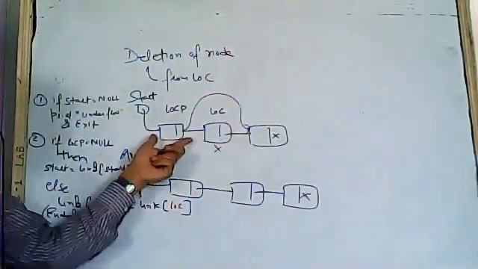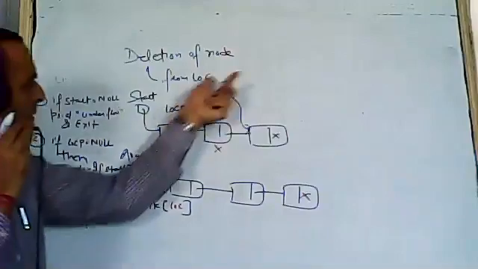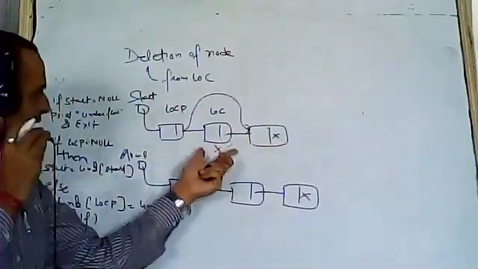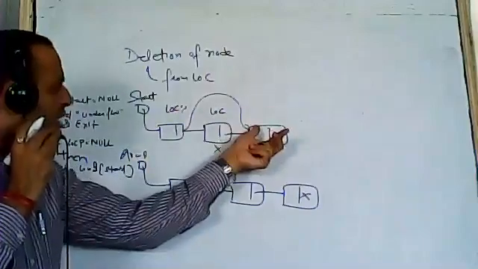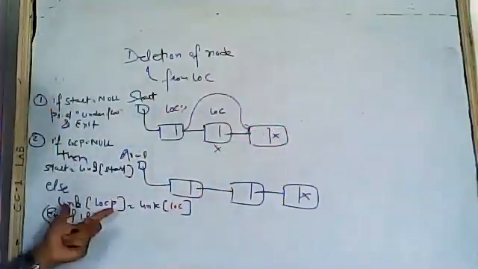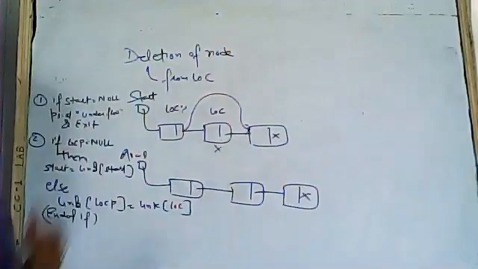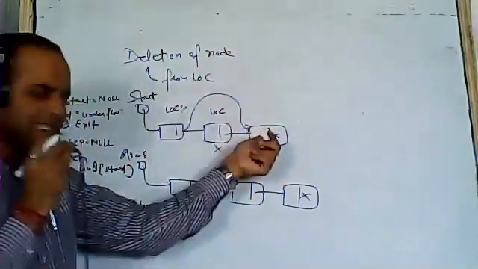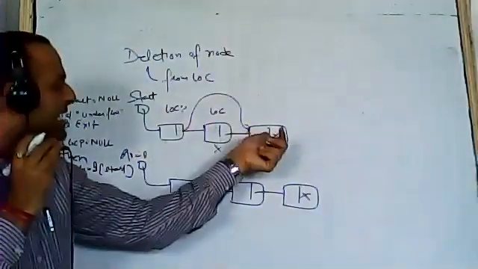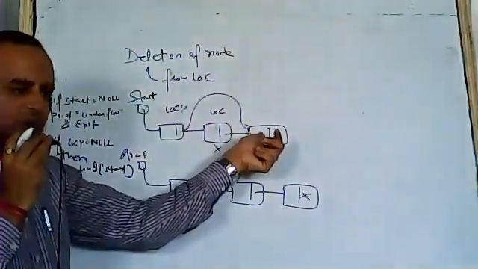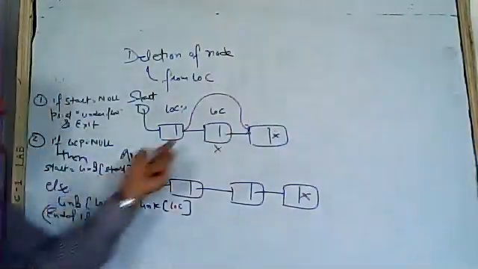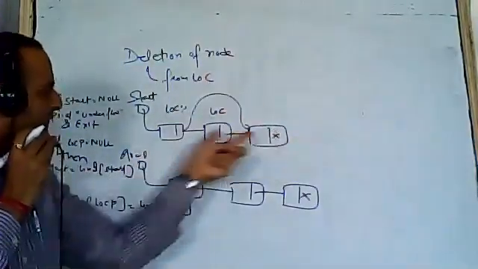But else log p is there. So log p will be pointing to this node, because this is the node we are going to delete. So link of log p will be this node, which is link of log. Or you can say, if log p wants to point to this node, log p needs the address of this node. And who has the address of this node? Log. So link of log p will be this node, which is link of log.